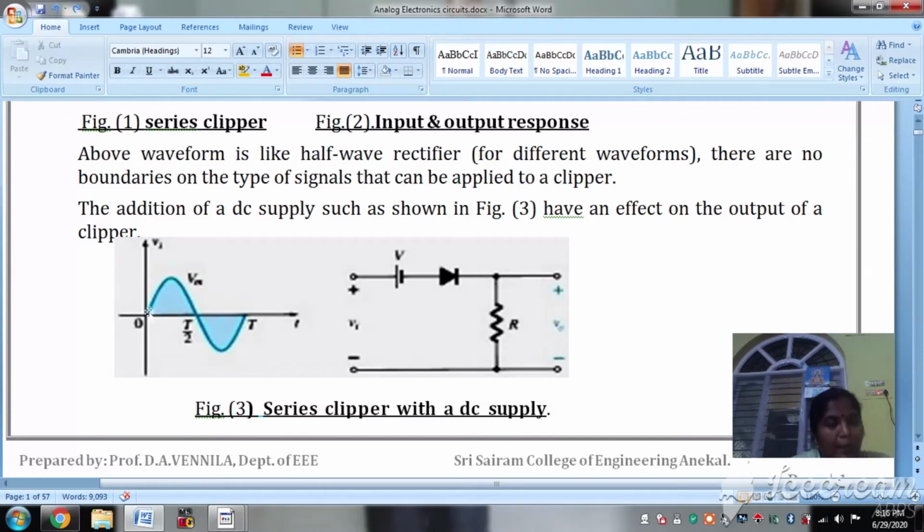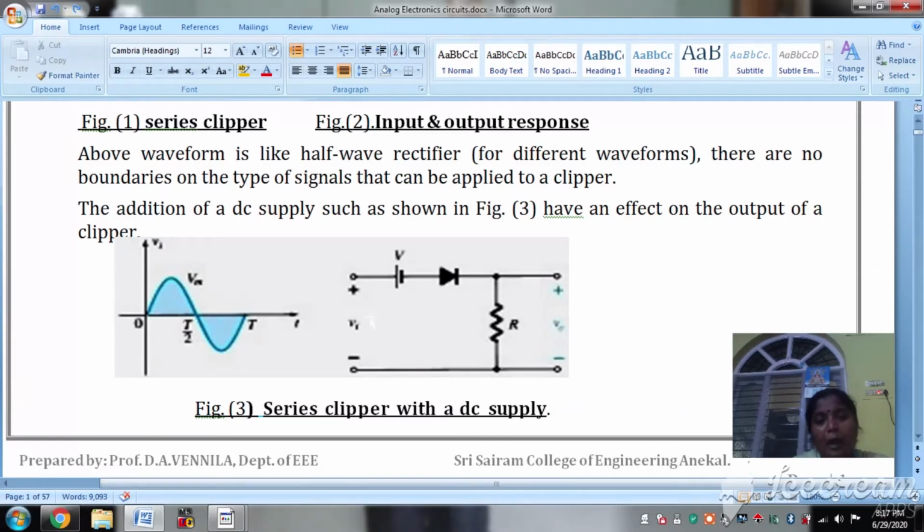At 0 the amplitude of the AC waveform is 0. At some point the amplitude will be 0.5. At 2 the amplitude will be 2, and like that, at each and every instant of time your amplitude will change. But this DC voltage will always be 1 volt only. I am going to give this DC voltage 1 volt, and the positive peak of the sine waveform is 2 volt. The negative peak of the sine waveform is 2 volt.